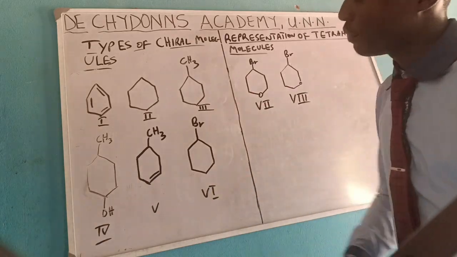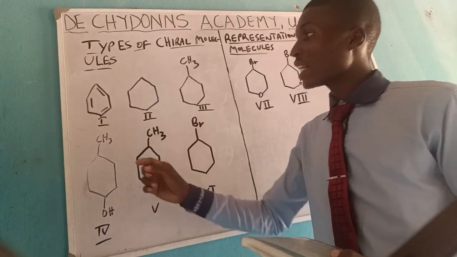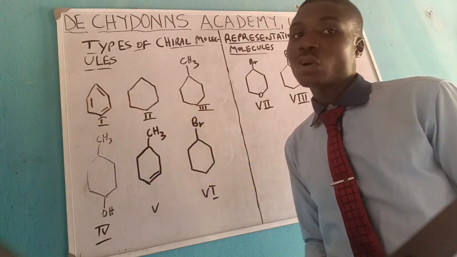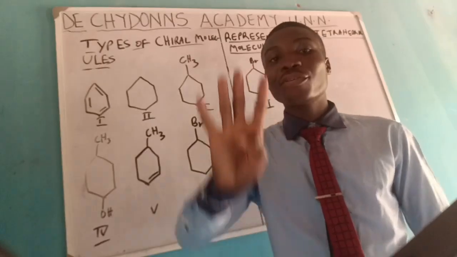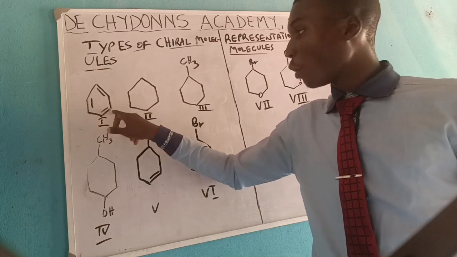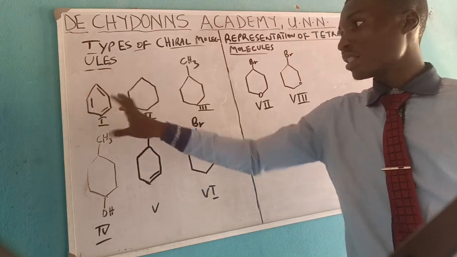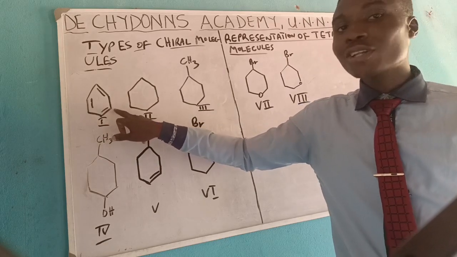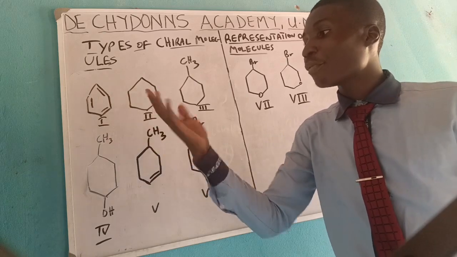So let us look at the first one. The first one here we have is a benzene ring. Now, automatically, the moment you have double bonds, it simply means that what we have here is sp2 hybridized carbon. The implication is that the carbon does not have four different substituents. This carbon is already double bonded to the carbon, double bonded to this carbon, and these bonds rotate. They are not stable, they are not in fixed positions, they rotate. So the implication is that none of the carbons here have four different